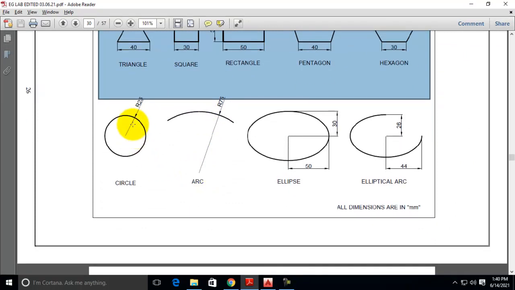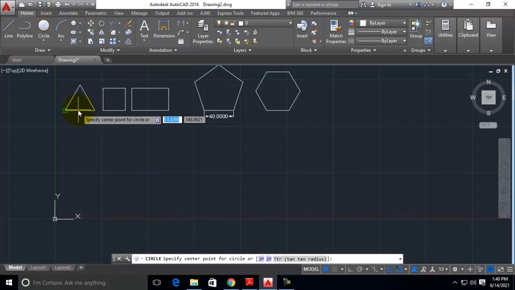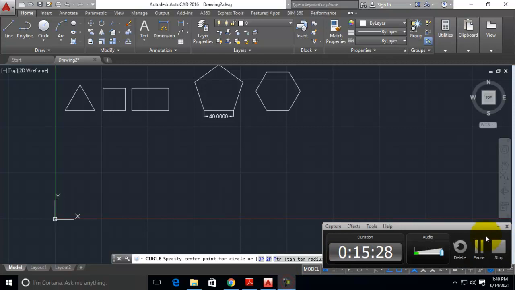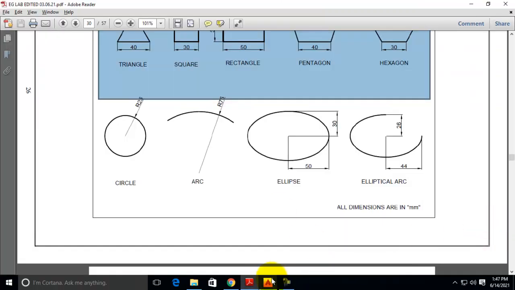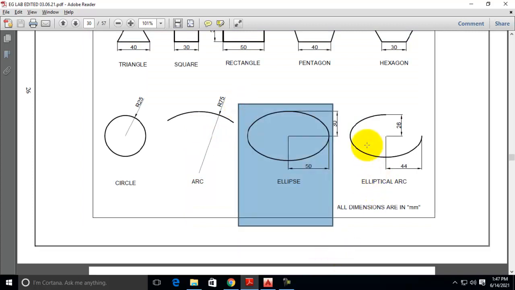Now we can complete the drawings by using the other commands that we have to draw. We have to draw a circle, arc, ellipse, and then elliptical arc.